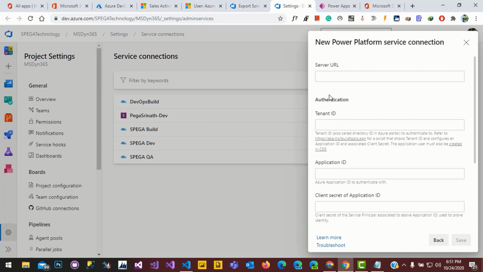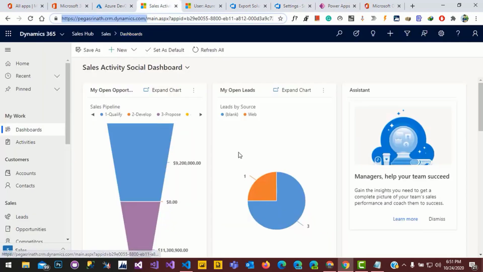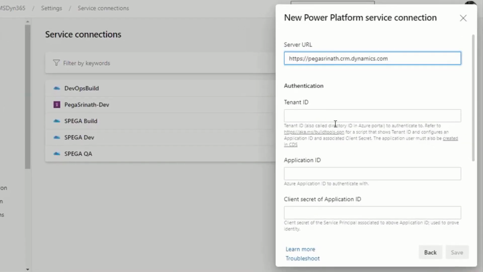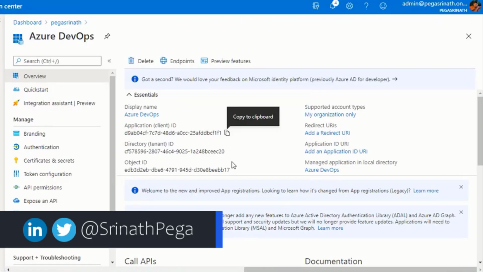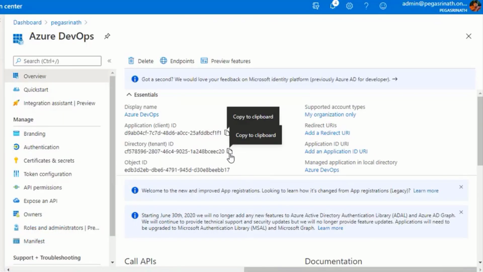next, and it's asking for the server URL, which means the URL of that environment. Let's copy the environment URL, paste it here, and it's asking for the tenant ID. The tenant ID we will get from the app registration which we created just now. Yeah, this is the directory tenant ID. Let's copy that